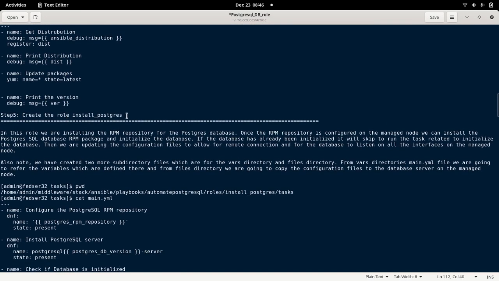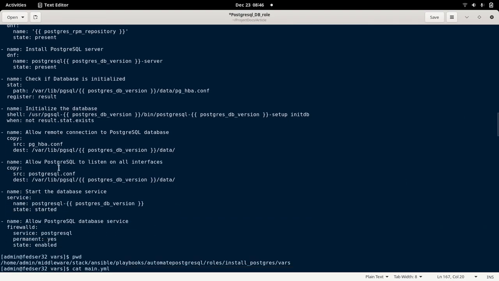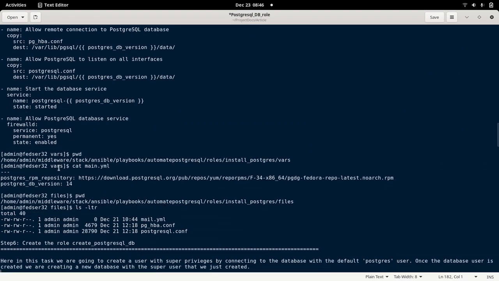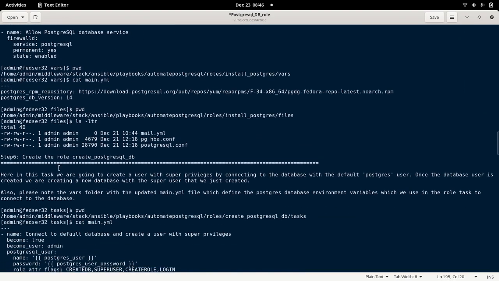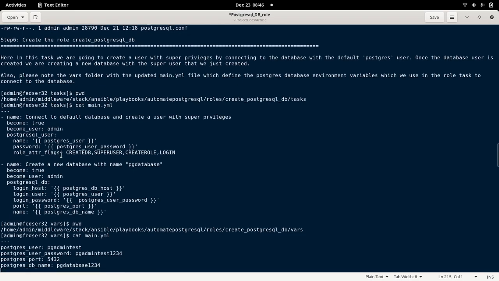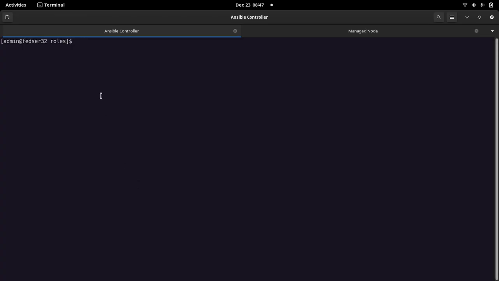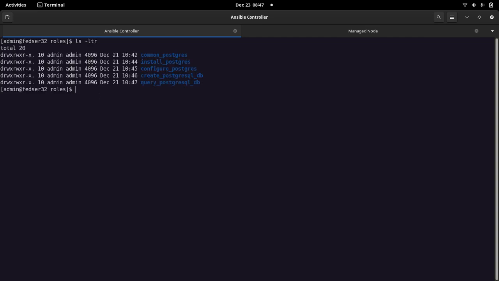Then we have seen the install role, and then we have seen the create_postgresql_db role. The last role is query_postgresql_database. Let me go into that role.